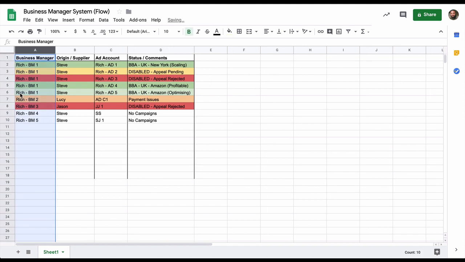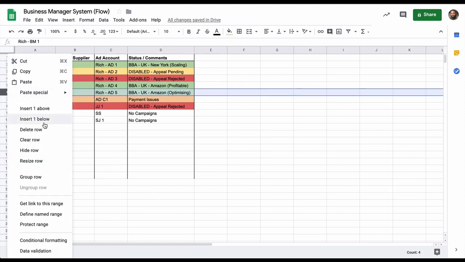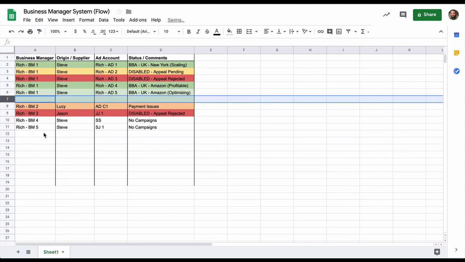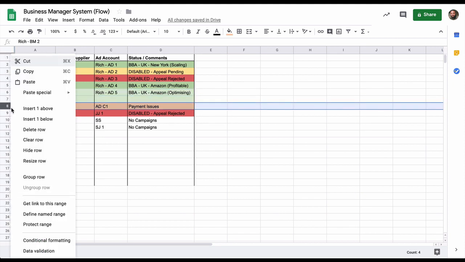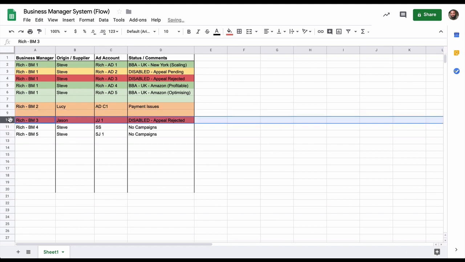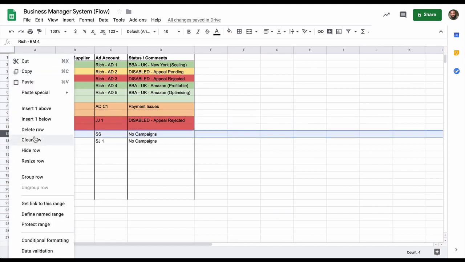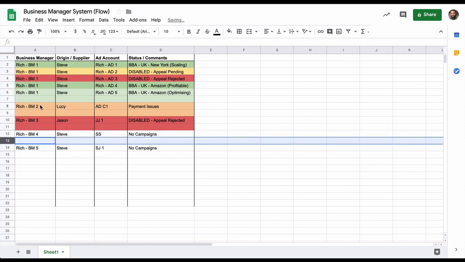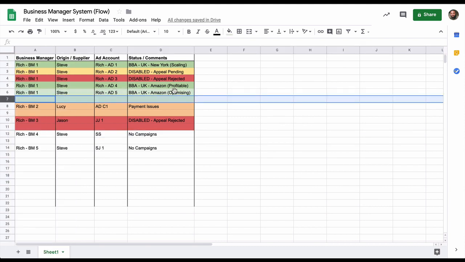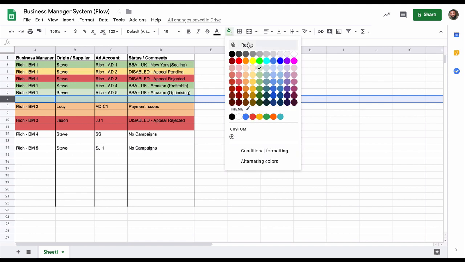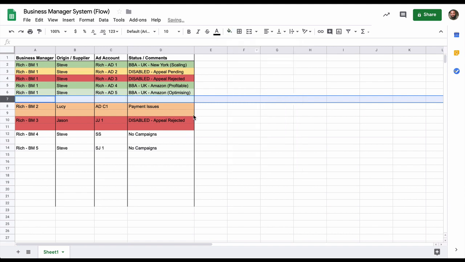Actually, no. What I'll do is I'll do it like this. So just to help make things easier for you, for each individual business manager, just make a little gap, just so you can understand and have a clearer view of what's going on inside your system. So reset that,